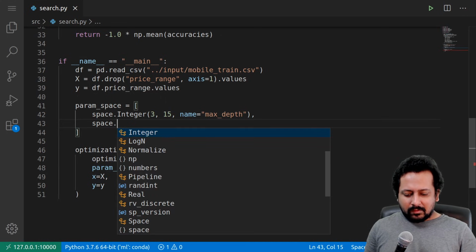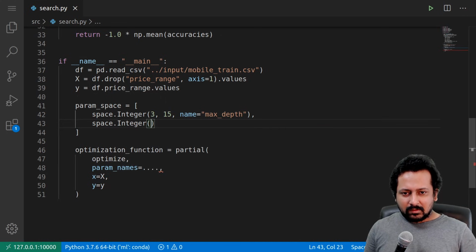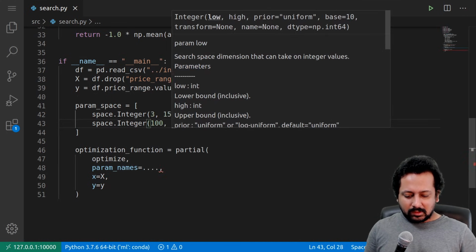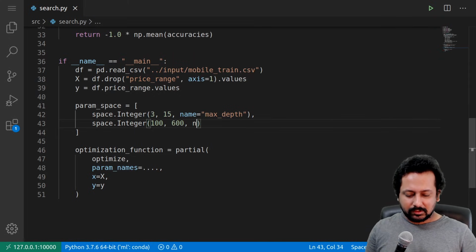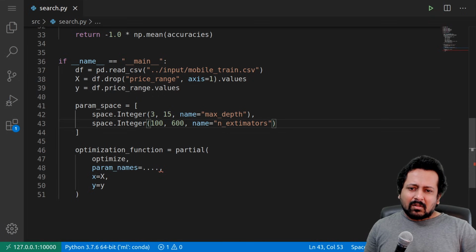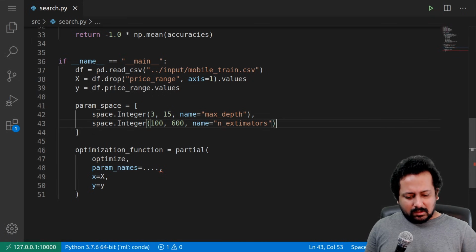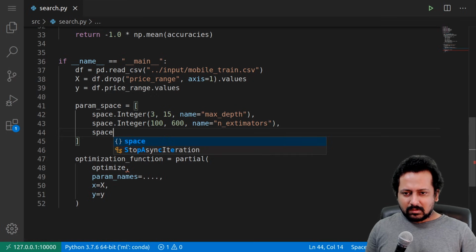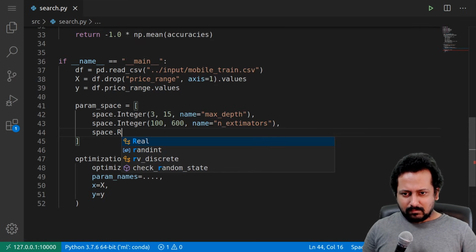Then again you have space.integer 100 to 600, and your name is n estimators. And maybe we can define a real number. So space.real